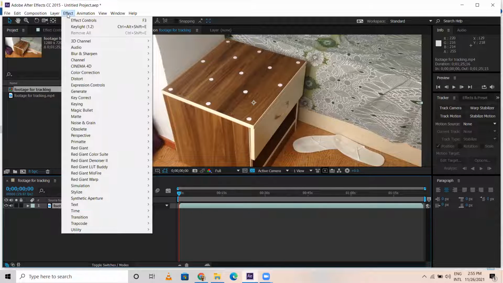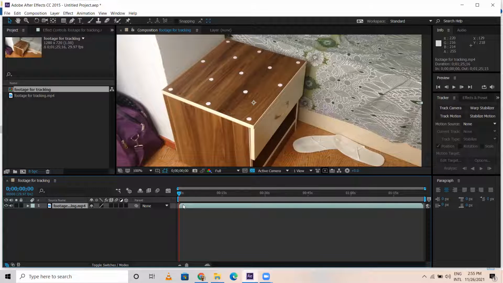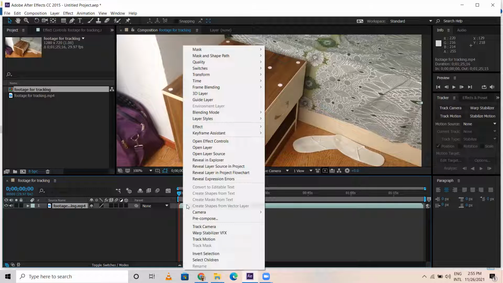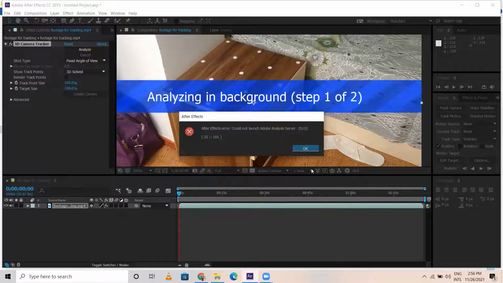Let me click on track camera. After Effects could not launch Adobe Analysis Server. There's some issue.